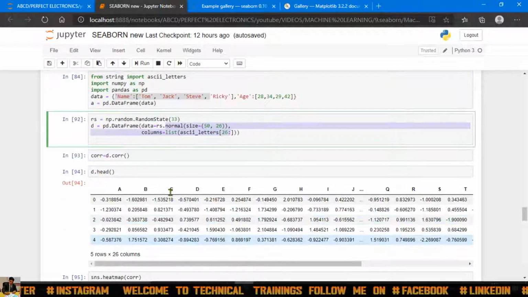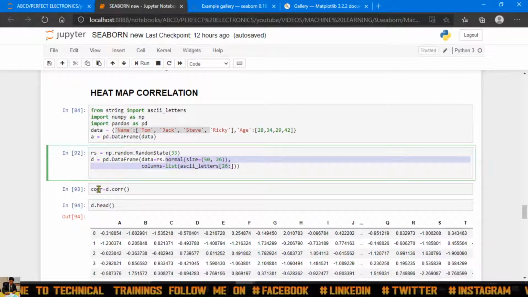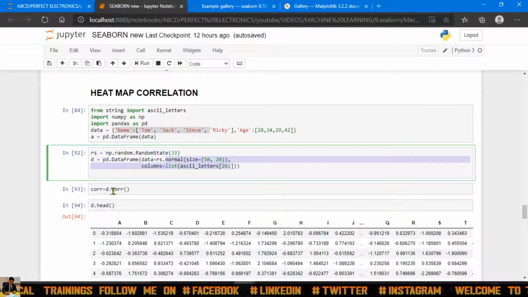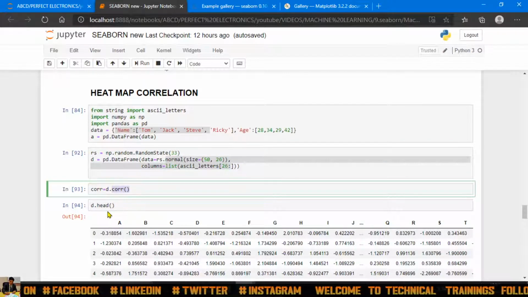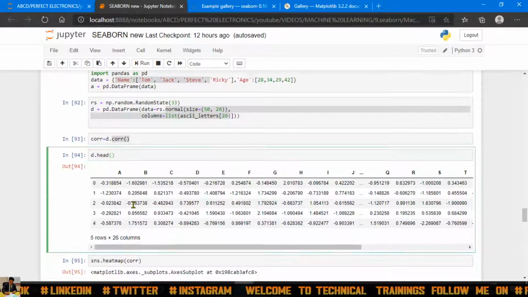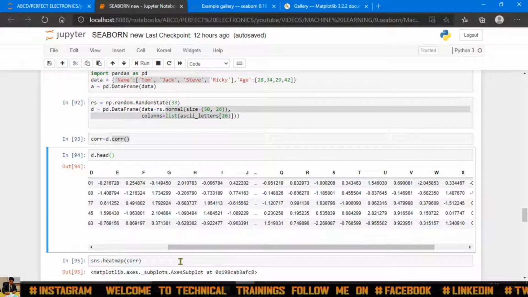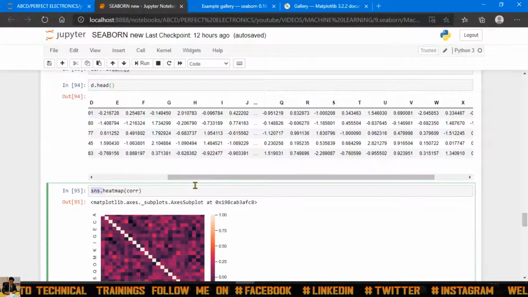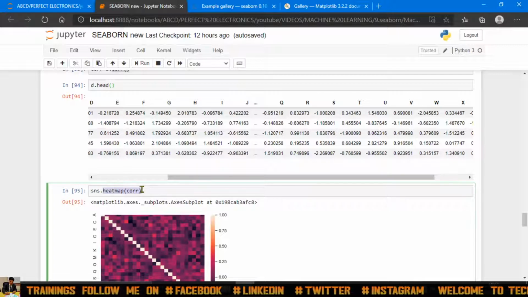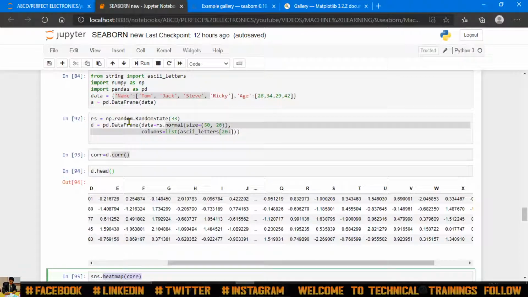Understand this heat map. I have taken this variable corr equal to d.corr(). This is the function to create correlation. Then after that I am printing d. So this is my data, guys. 5 into 26, so there are 26 alphabets over here. After that I am choosing heat map. Heat map is nothing but corr, and corr is nothing but my data that is stored in data frame d.